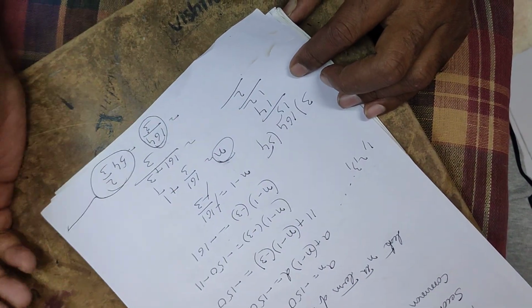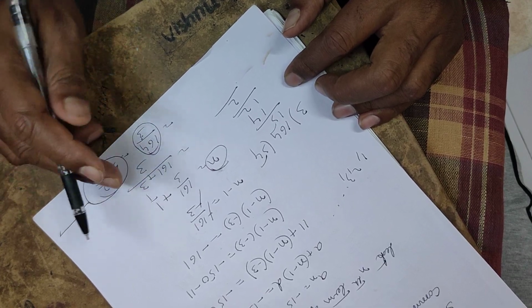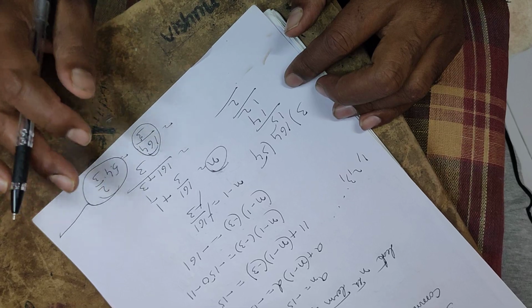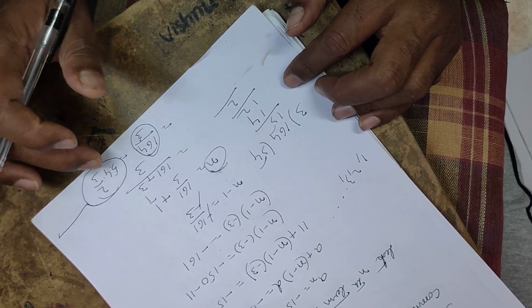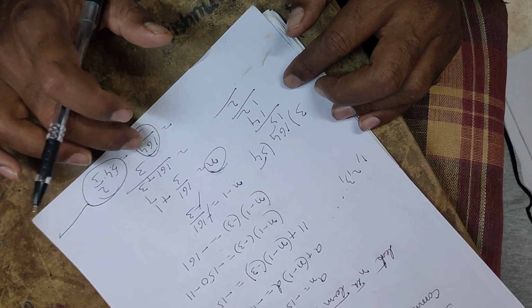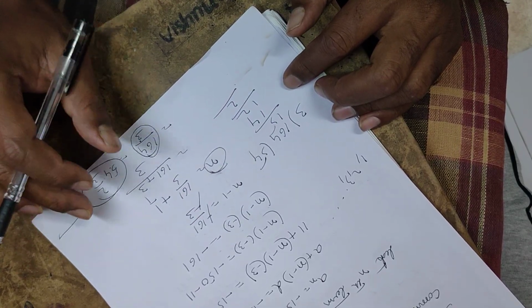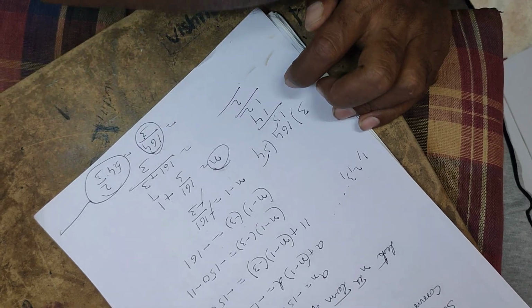progression. 1 by 2th term, it won't be there. 3 by 4th term, 2 by 3 terms won't be there. So this should be particularly a natural number. 1, 2, 3, 4, like that numbers should be there. Other than a number, if you got a mixed fraction or improper fraction, it is wrong. Wrong means that minus 150 is not a term in this progression.